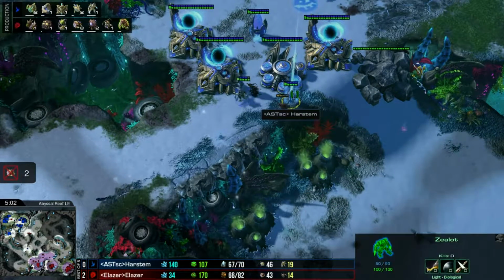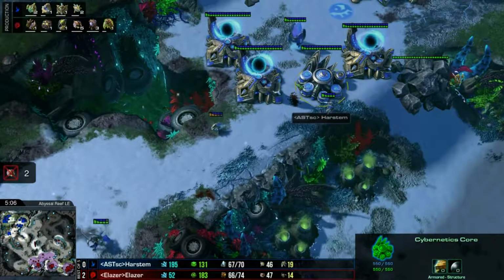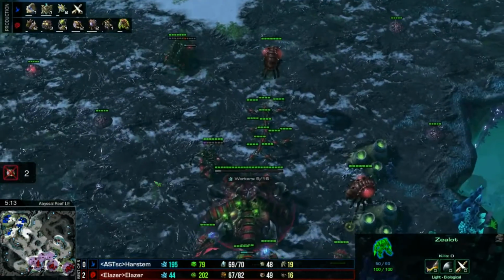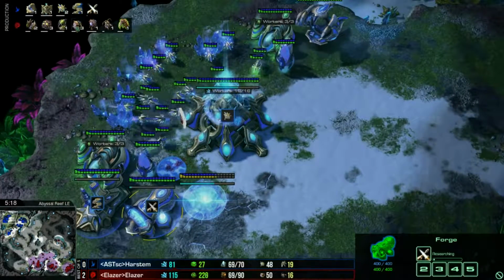Another Adept warped in by, or a Zealot warped in by Harstem. That's really cute there. That's actually a really neat wall by Harstem. He can put a unit there and a unit there to block, so he's sort of got revolving doors there. So we've got +1 on the way for Harstem here, and we've actually got a Baneling